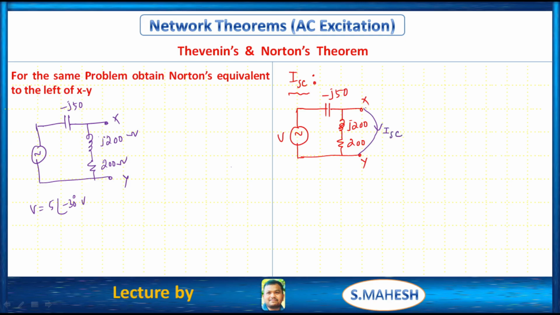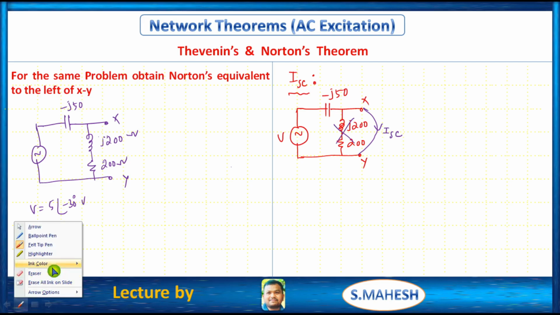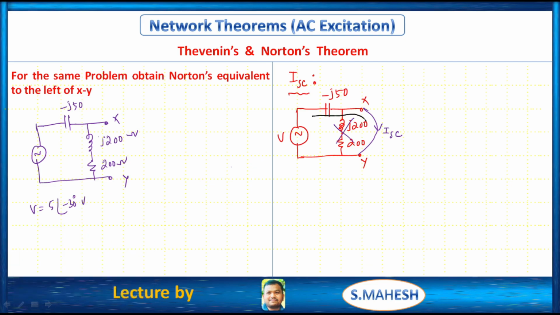After shorting these terminals, there is no use of this branch, right? Because the current has taken this path, like this. There is no use of this branch now. Therefore,